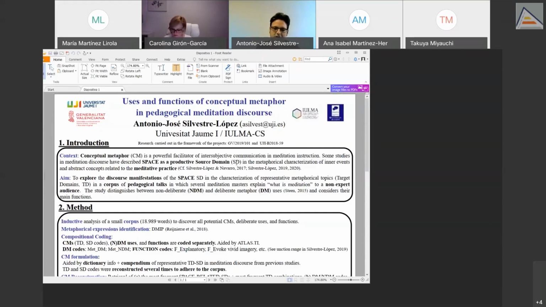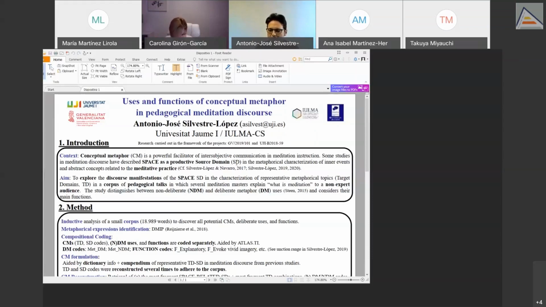So the point of this study is to analyze or explore the discourse manifestations of the space source domain in the characterization of representative metaphors, right? A metaphor is a connection between a target domain, the area that is understood according to the source domain. The source domain is another area of experience that is used to understand the target, right? And that was done in a corpus of pedagogical talks in which different meditation teachers explain what meditation is to a non-expert audience. Because I wanted to be sensitive to the communicative dimension, I included also deliberate and non-deliberate metaphor